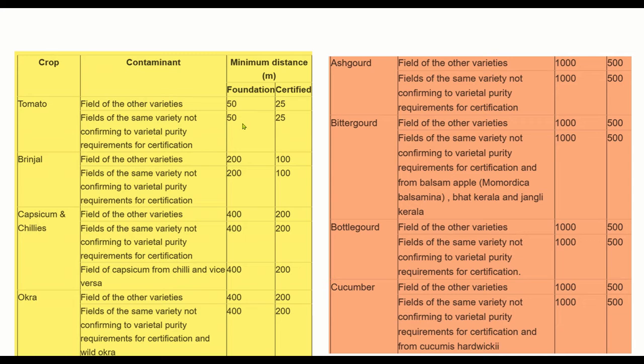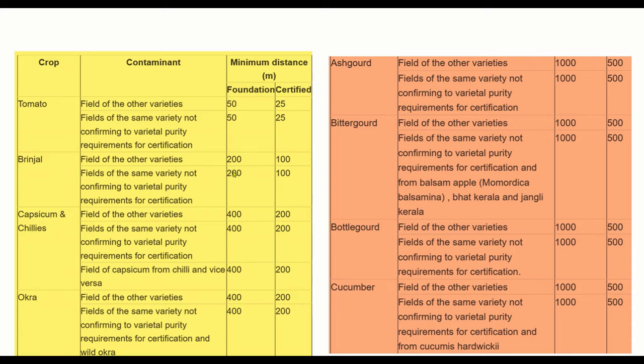and near to that, within 30 meters, or you can say 20 meters, if you grow another variety of truthful level seeds which are not standardized, it cannot be certified because it fails the field standards. So in this also, the minimum distance allowable in the field plot is 50 for foundation seed and 25 for certified seeds. As you can also see here, in case of brinjal, which is often a cross-pollinated crop plant,